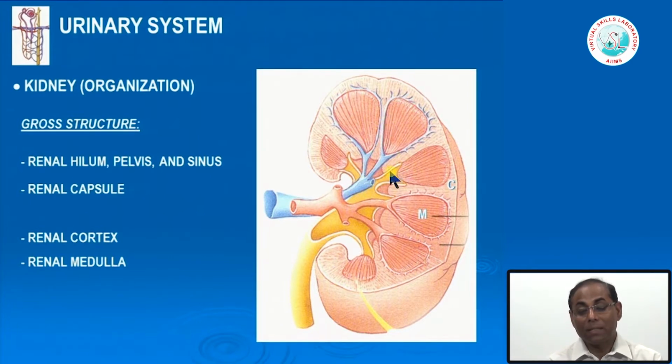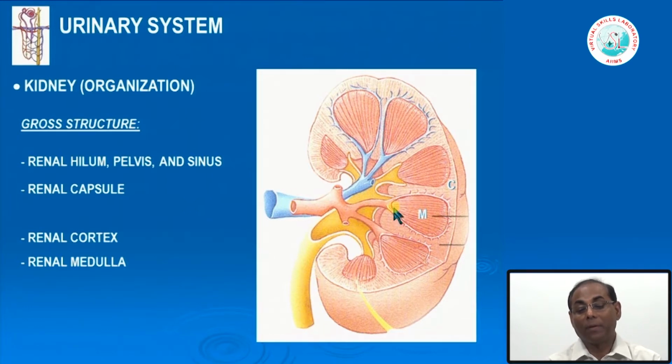As the excretory system goes on, these medullary tips open into the renal papilla, and this forms the calyceal system. These are the major calyces, and in between are the smaller ones, described as minor calyces, and they drain into the renal pelvis. From the renal pelvis, obviously, the urine goes into the ureter.